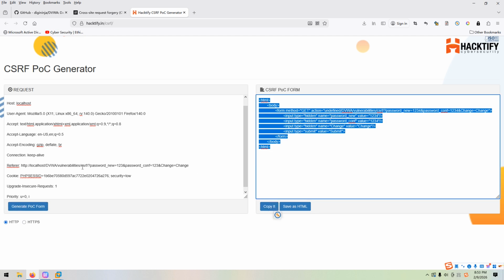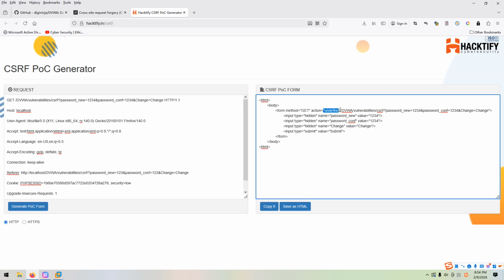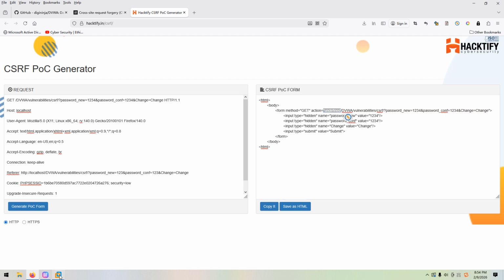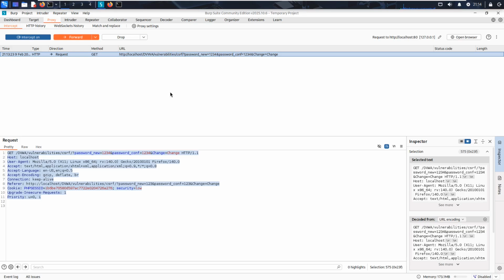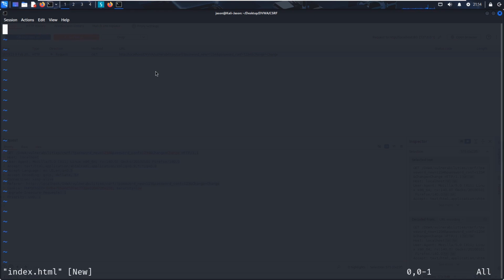But there is something wrong here. It has missed something. Okay, it doesn't matter. We can fix it manually, and we can vim index. We can generate the page, and